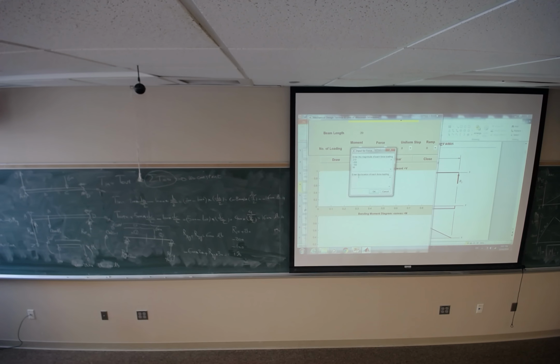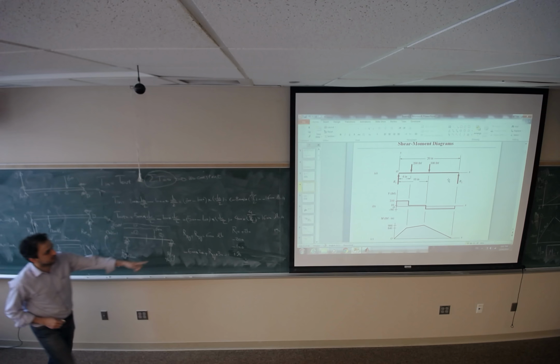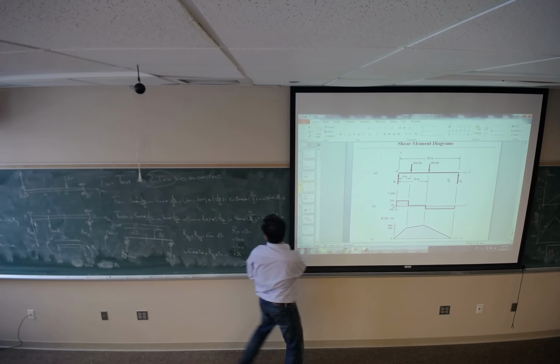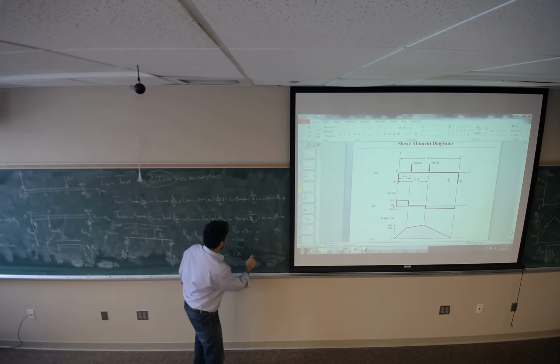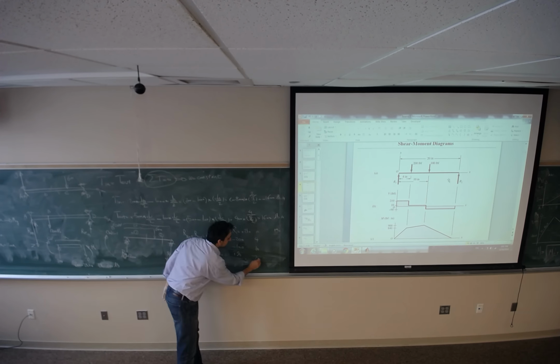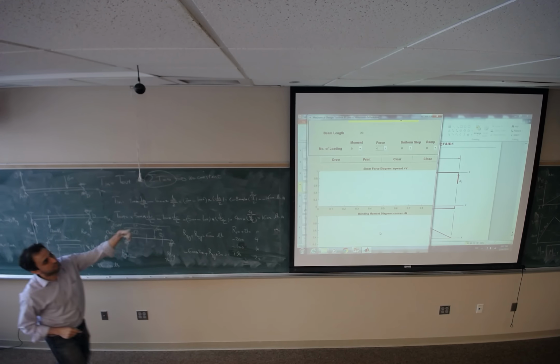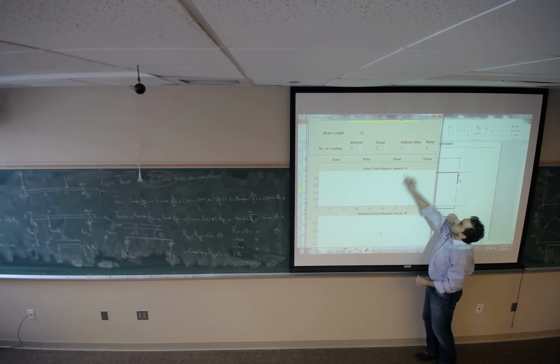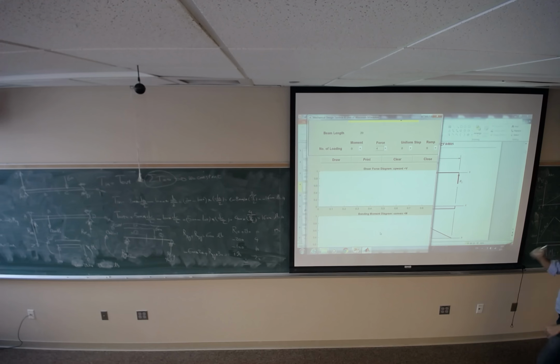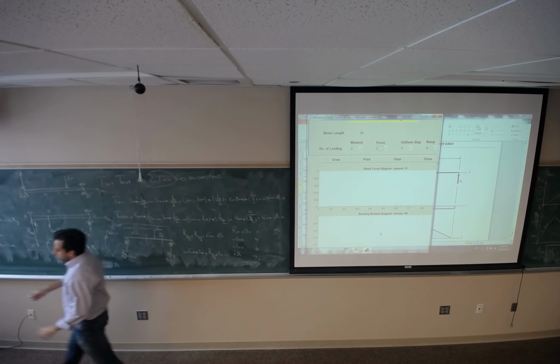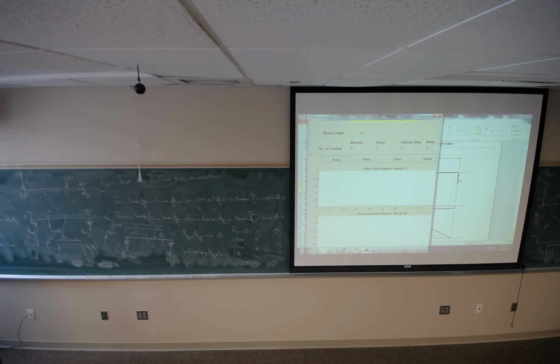And the next one, just enter the location of the forces. The first one is acting at 0, the second one at 4 inch, then 10 inch, and the last one at 20. So I enter 0, 4, 10, and 20. There is no other force, no uniform step, or no ramp. Uniform step means distributed load. So if you just click on draw, you should get, hopefully,